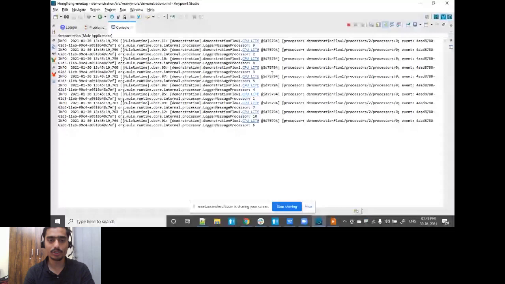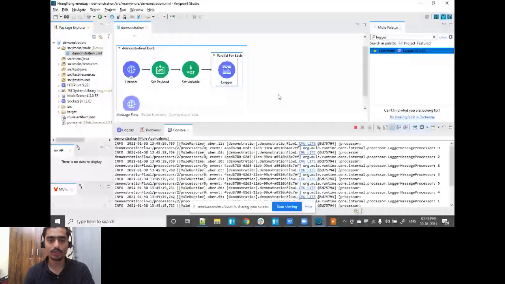It's not a single threaded execution any longer. So you can see over here Uber 11, Uber 2, Uber 10, 3, 7, 6, 5, 9, 12, and 1. Almost 10 threads got allocated to this parallel for each scope. So first, in parallel for each scope, it's a multi-threaded operation.